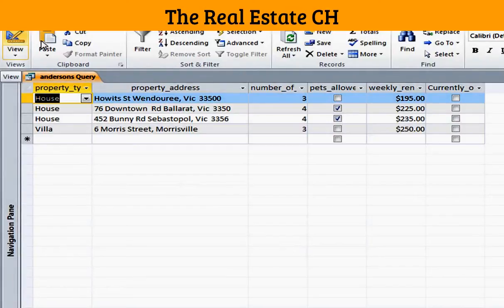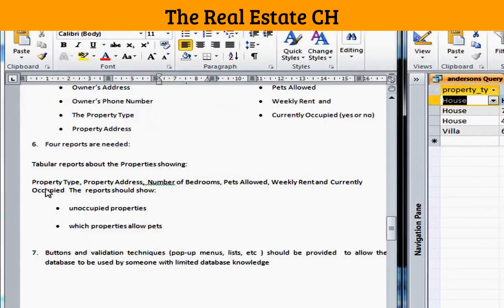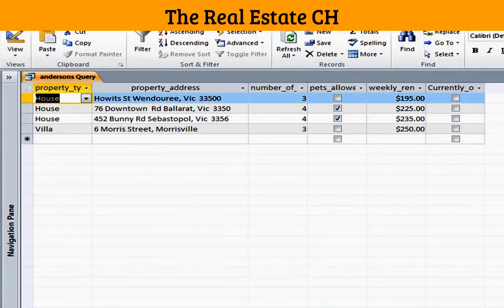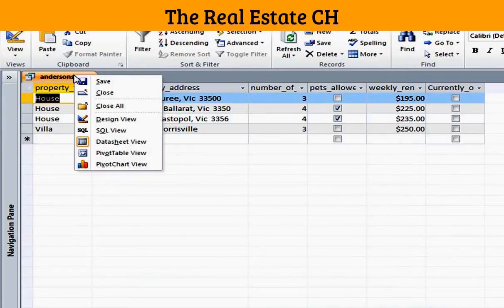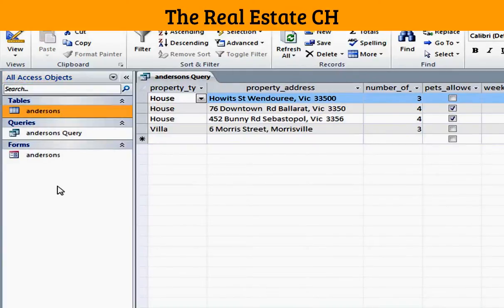Okay, so these essentially are what the question was asking. Produce a query for all the properties which are currently unoccupied. And so if a person came into Randerson's Real Estate and said, okay, I want to know all of your properties which are currently unoccupied, the receptionist or the person running the database would be able to run this query for them. Now at this point we're going to save this query,